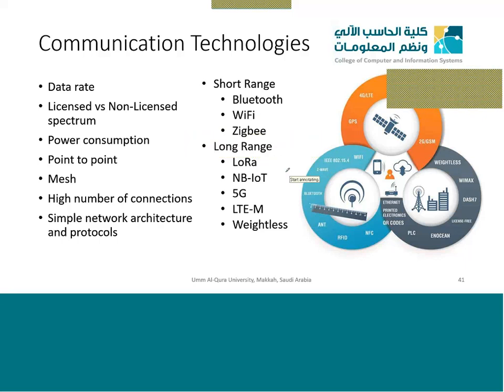And in the short range technologies, we talk about Bluetooth, Wi-Fi, and Zigbee. Bluetooth, you have all used it. It will work only in a single room if you are communicating from one device to the other. Wi-Fi can have a coverage on the range of a home or a small organization. We can connect different Wi-Fi devices to make a large network like we have in the universities or in an organization. Zigbee is a very short range, like 100 meters to 200 meter technology.